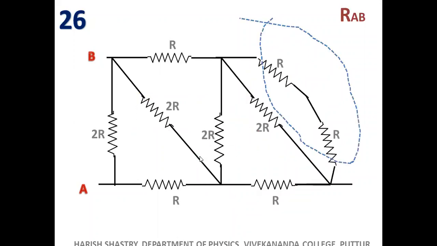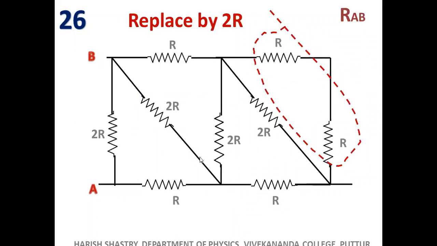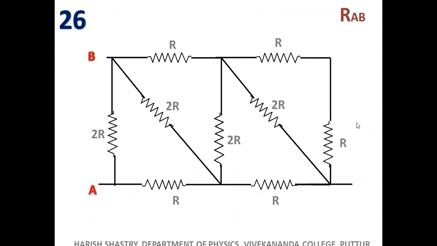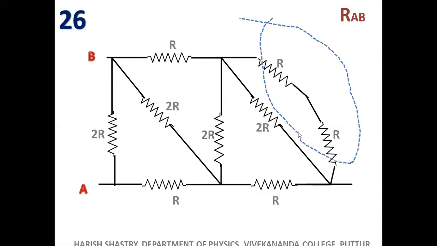Suppose you don't think of this problem and don't train your brain, you will run away when you see this problem. Oh, this problem is not up to my mark, I can't solve this, it is beyond my level. I am not the person to solve this. You will think of so many things, but it is below your level actually. Your level is too high, and this is a very silly problem. R series R, 2R, finished, right? See how confident you are now. You will agree with me.